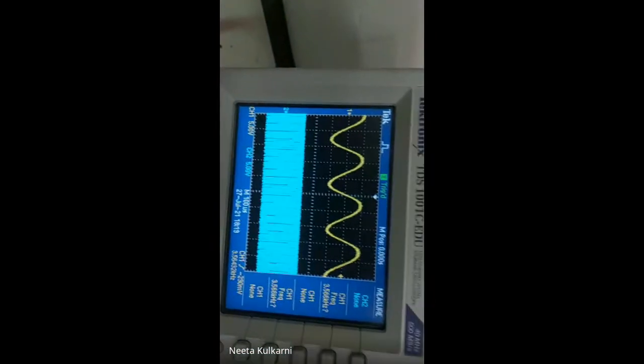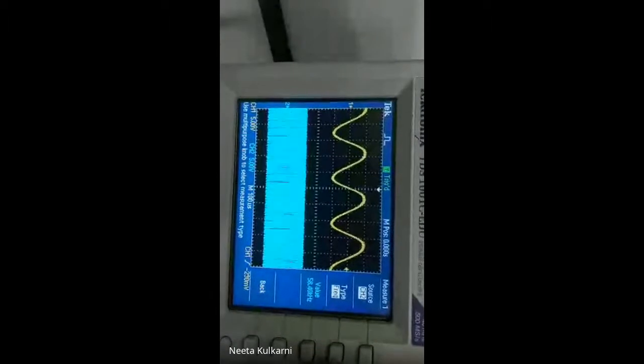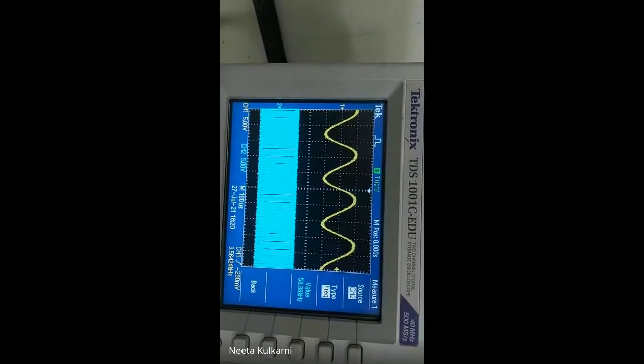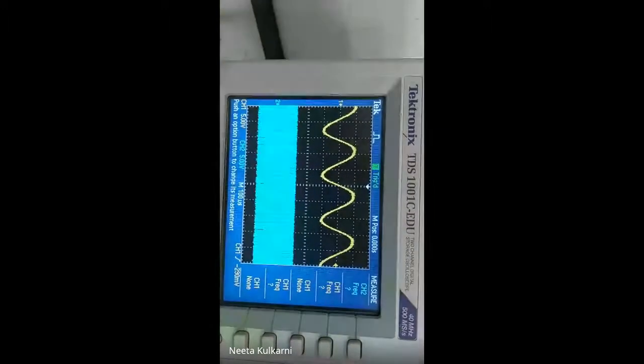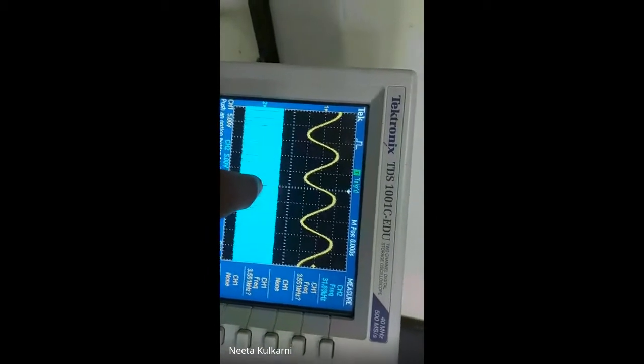Okay, and if you observe channel 2, it's a frequency, a 32 kilohertz clock signal we have given. When we press the measure button, it will show that. Now this is actually digital output, but the frequency of the sampling is very, very high. We are done with the fast sampling.